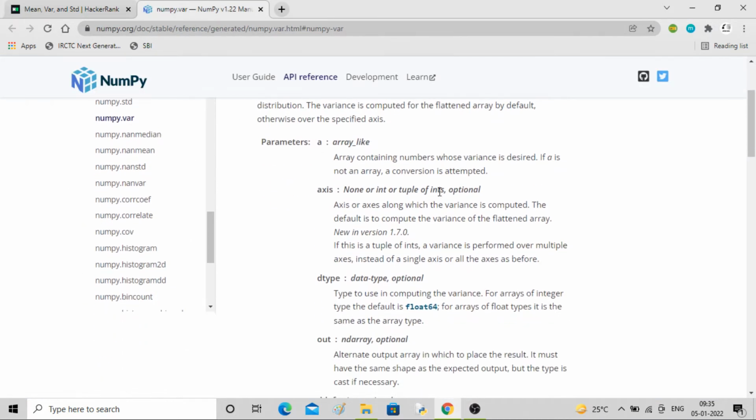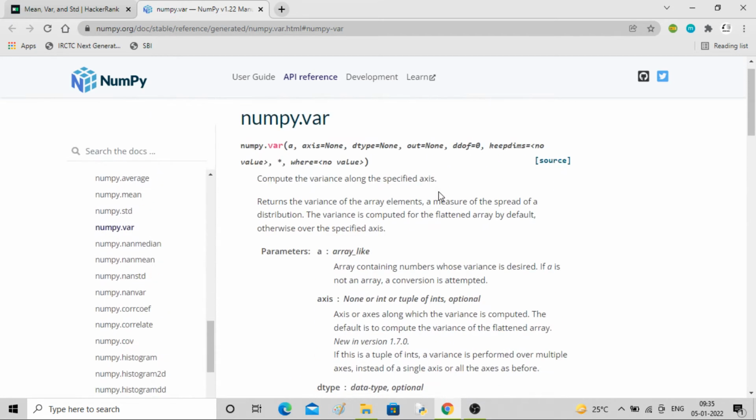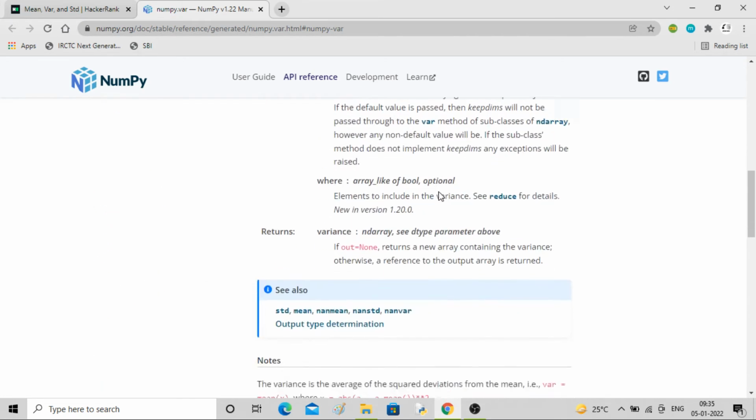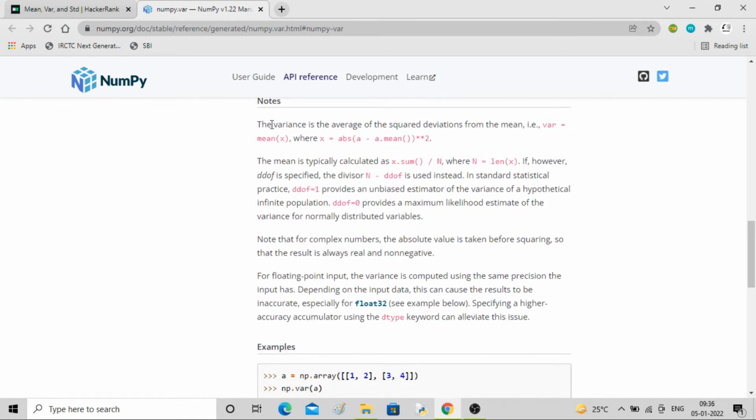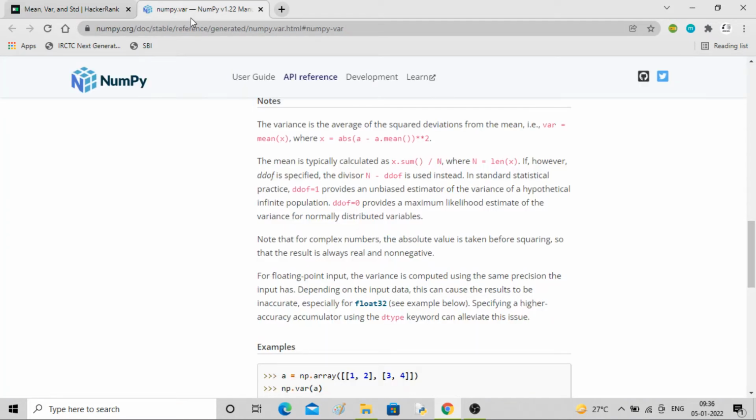So the description of variance is given. How are they calculating it? Here I have written: mean of x is absolute a minus a.mean, where a is these two elements 1 and 3, and a.mean is their mean, 2. Take the absolute value, square it, then take the mean, which is calculated in this fashion, divided by n.